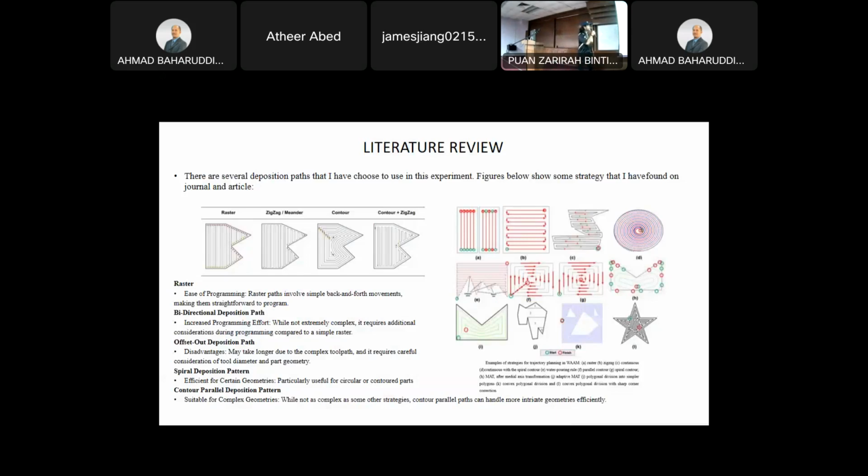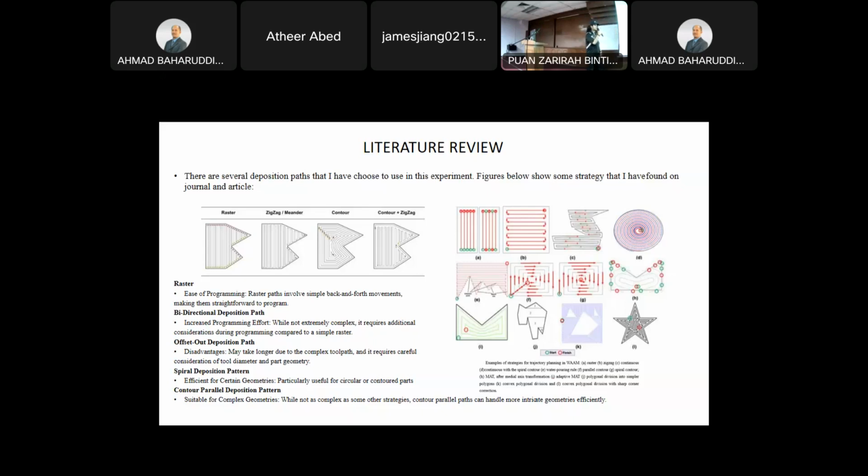I have found several types of deposition paths, and I have searched for the most suitable deposition paths for my studies. As we can see, there are a lot: raster, zigzag, contour,